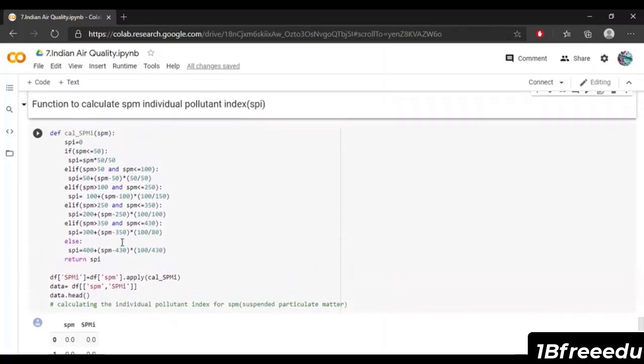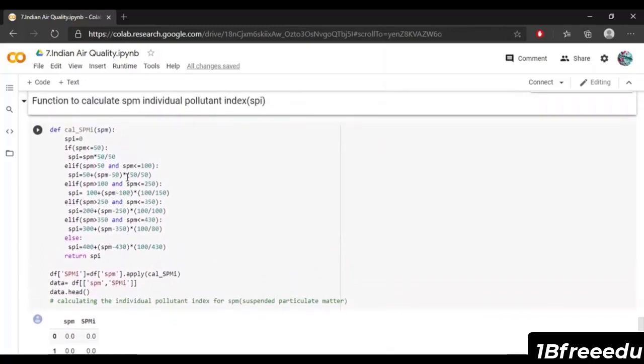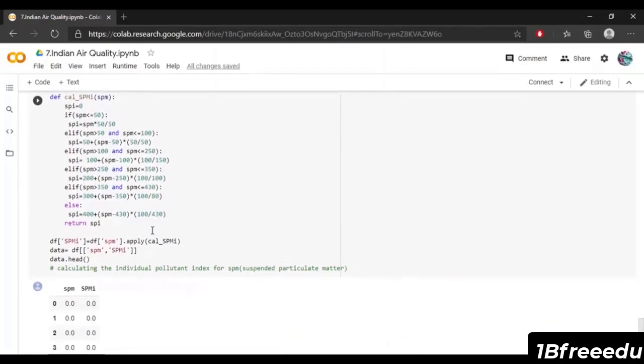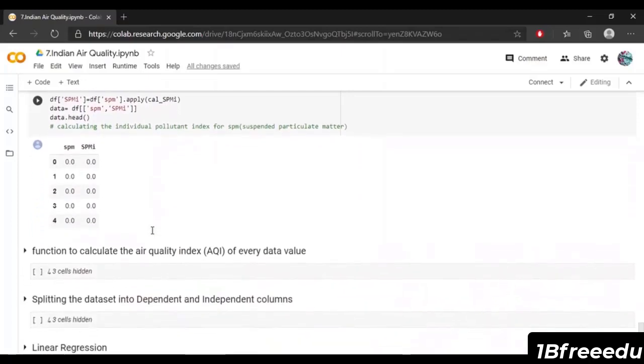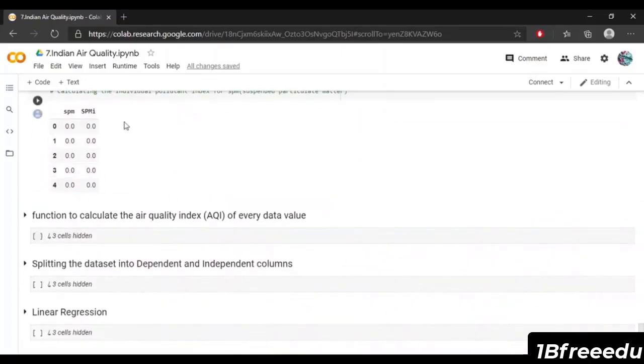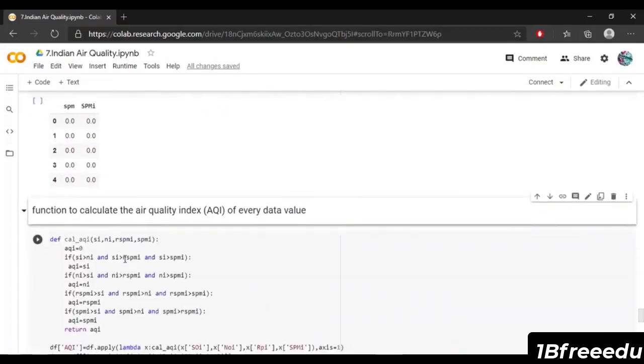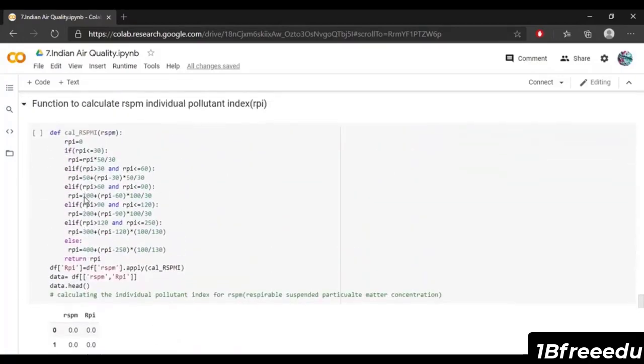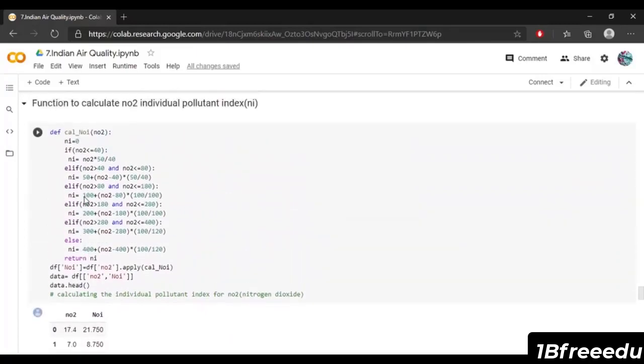And this is the defined function for calculating the individual pollutant index for SPM, or suspended particulate matter. Again, we had given a range, and using that we used a formula in order to calculate the SPMI, or the individual pollutant index for SPM. Because there were null values, you can see that there are a lot of zeros present in that particular column. And now, after we have calculated these columns, which are the SPI, RPI, NOI and SOI,